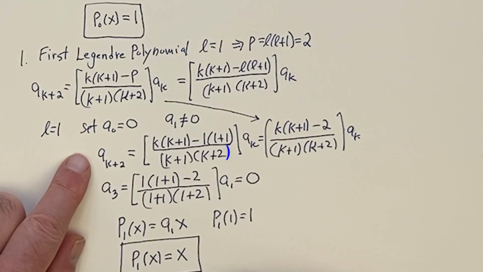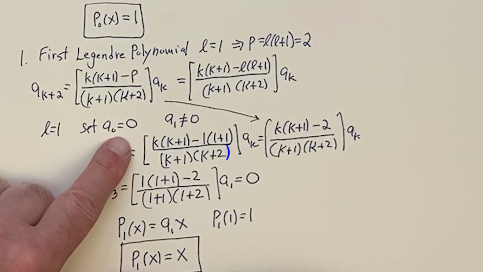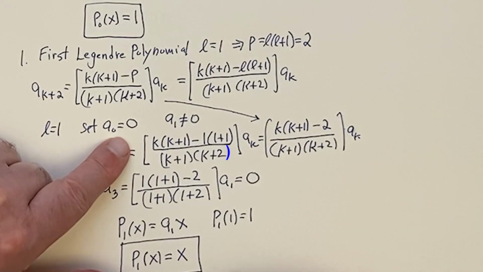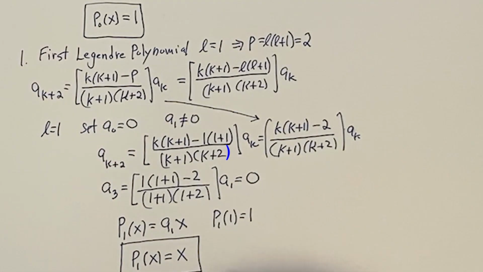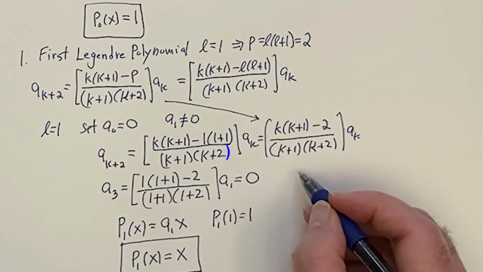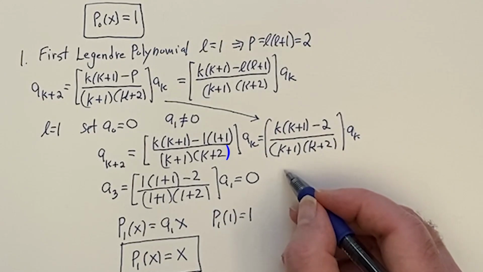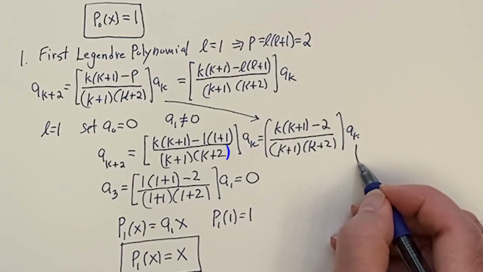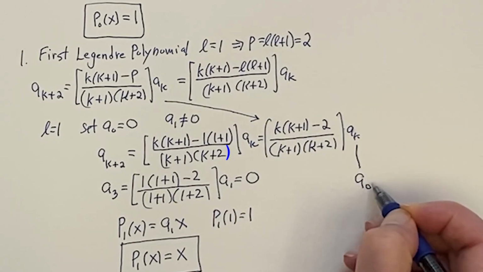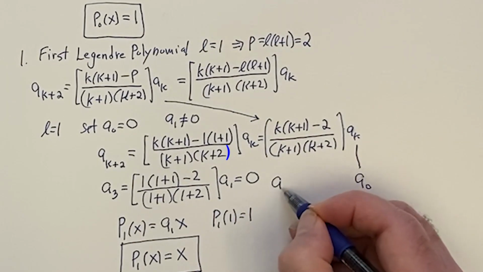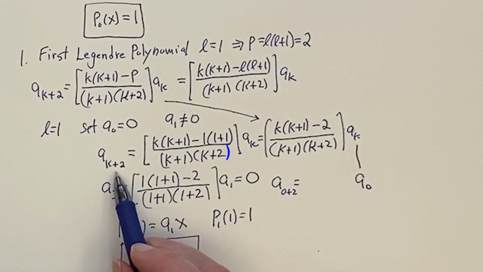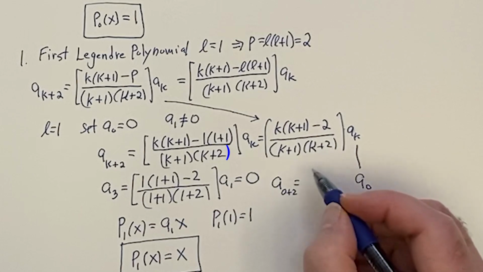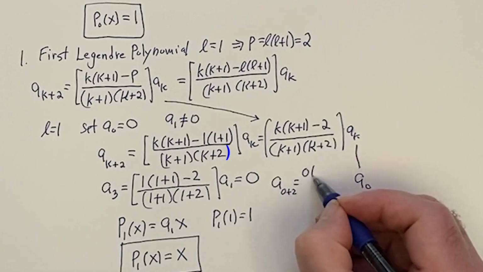Now, what would have happened if we didn't set a naught to 0? We probably should look at that more carefully. See, if a naught were not equal to 0, then here, if you looked at this equation and you put in, say, a naught for the k, then this would be 0 plus 2 over on this side. And that would mean k is 0. And if k is equal to 0,